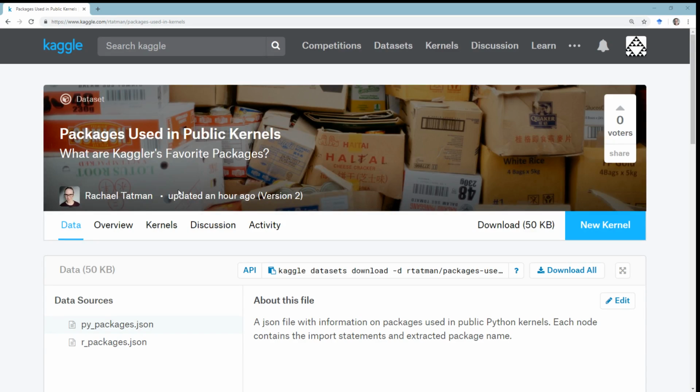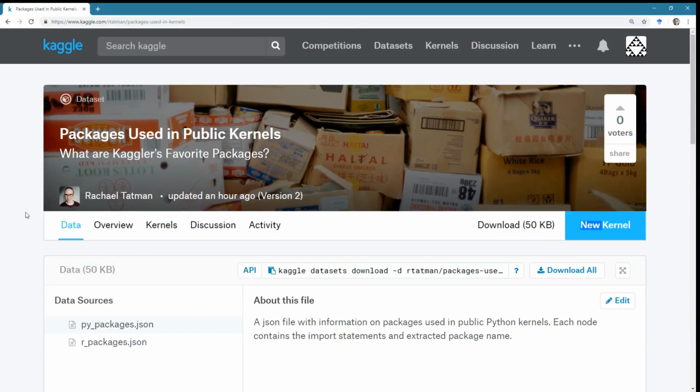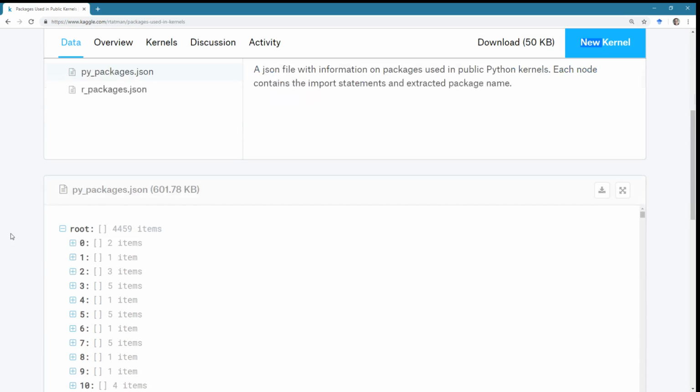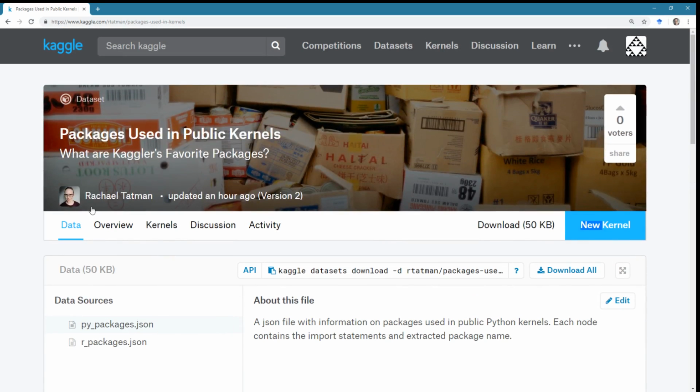And I have a very exciting analysis today. We're going to find out what Kagglers' favorite packages are, and I am super excited. So this is a data set that is public that I put together, and I've been doing data cleaning with a deadline today. So hi Ladbroke, hi Fabiana. That looks like Portuguese. The data set that we're going to be working with is public, so if you want to play around with it, you are welcome to.